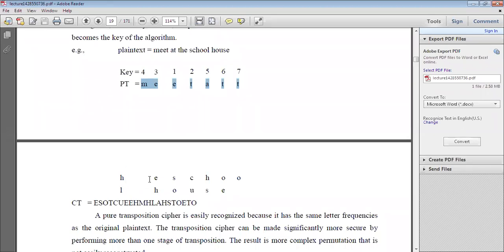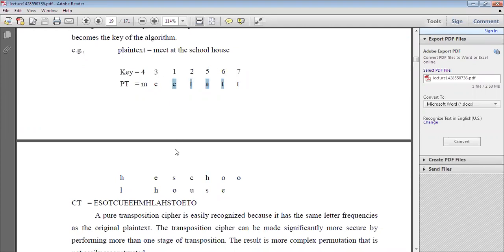So write like this. After writing it like this, this is the first row, first column, second column, third column, fourth column, fifth column, sixth column, seventh. So these are the columns. Now I want to give the names. Which one is the highest priority, this column or this column? I want to give this column the first one. So this is 1, this is 2, this is 3, this is 4, 5, 6, 7. So now, in this column, what letters do you have? Those letters you have to consider.